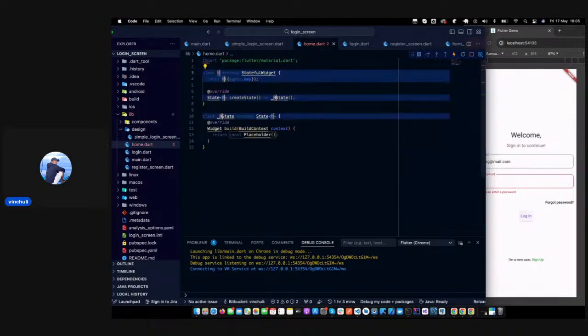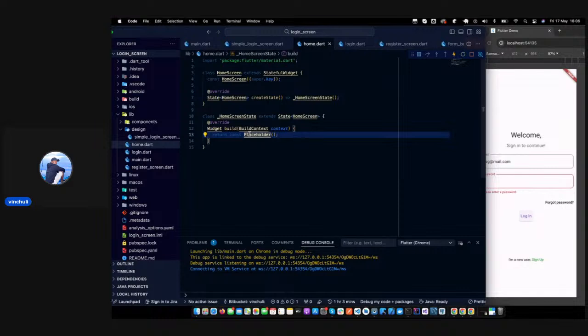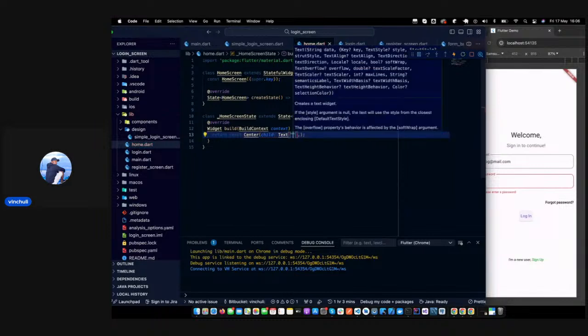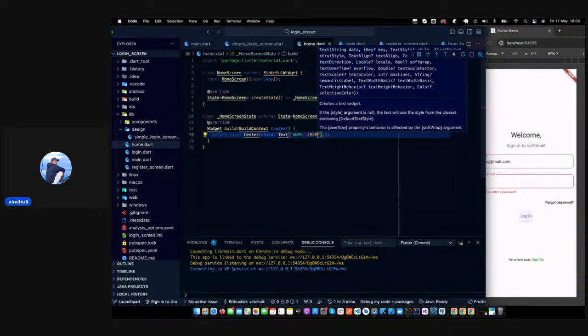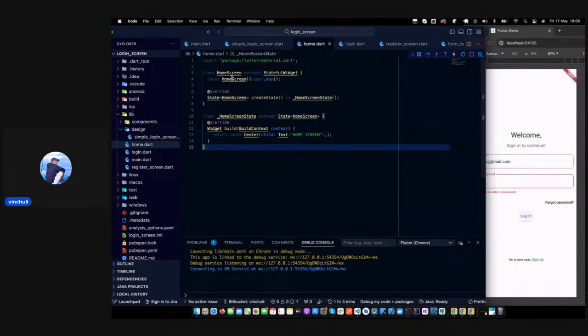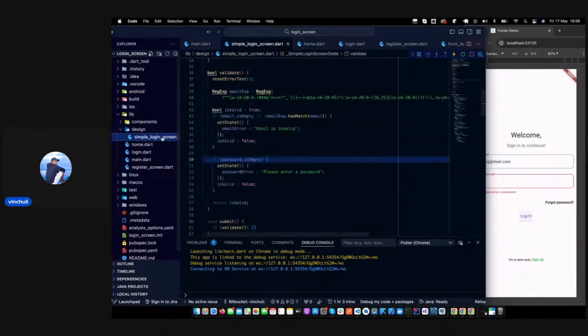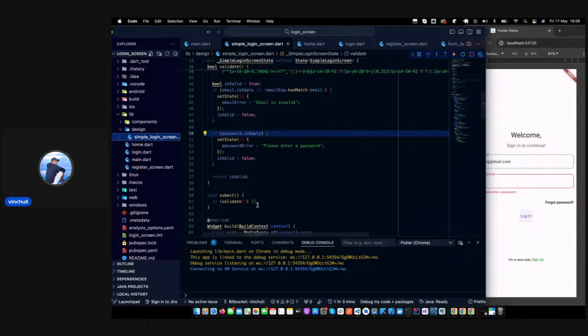Therefore, I just say home screen, and I give it a center, and I give it a text, child of text. I say home screen that way. So that when our screen is valid,